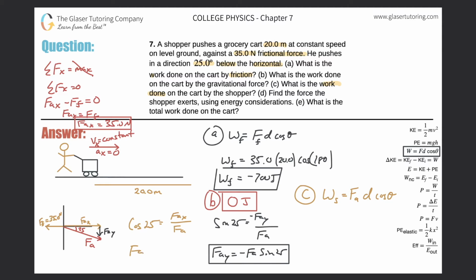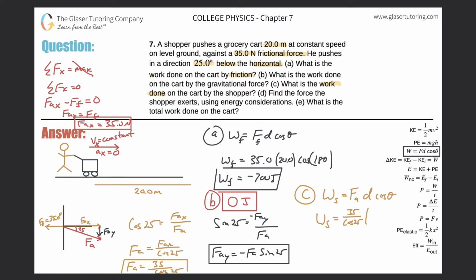So FA will equal FAX divided by cosine of 25. So this is simply the force applied will equal FAX, which was 35, all divided by cosine of 25. Let's leave it like this for now. Now we can plug this result into this formula over here. So let's do it. So the work the shopper applies will be equal to 35 over the cosine of 25,